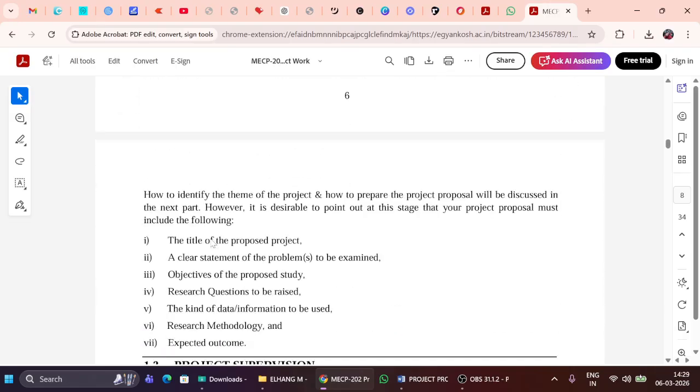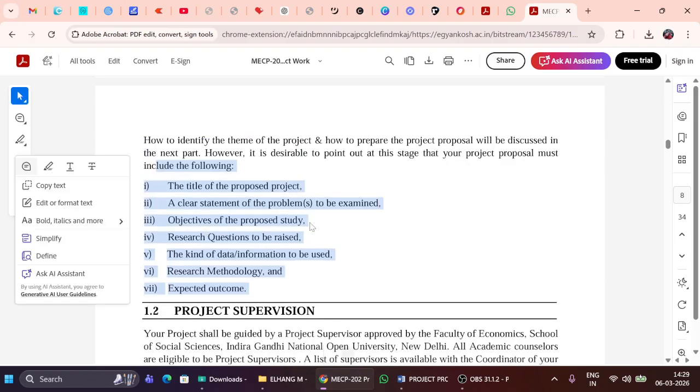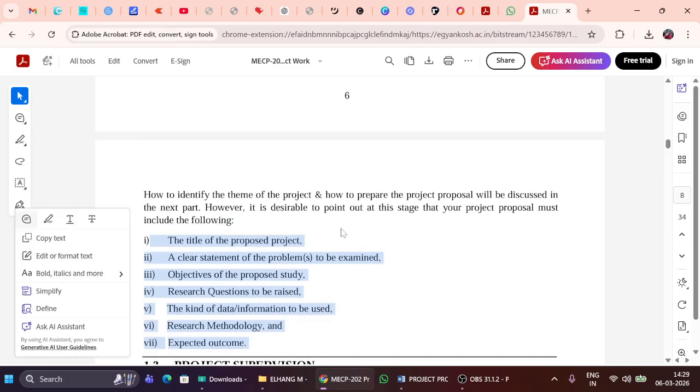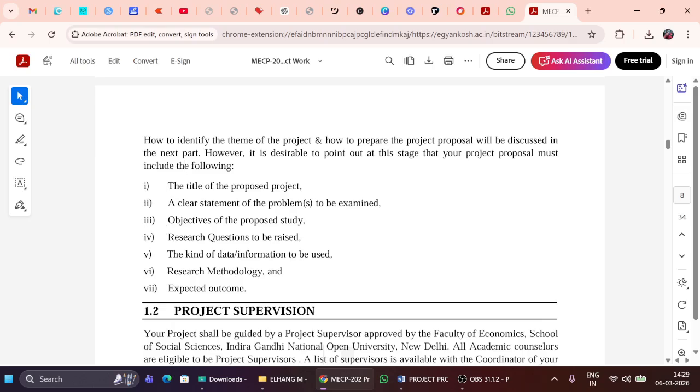Okay, now the most important part of the guideline is what components the project proposal must have. However, it is desirable to point out at this stage that your project proposal must include the following. Okay, the title of the